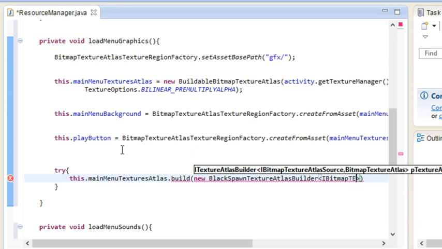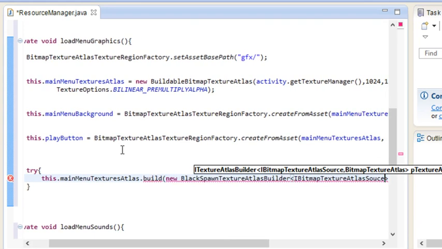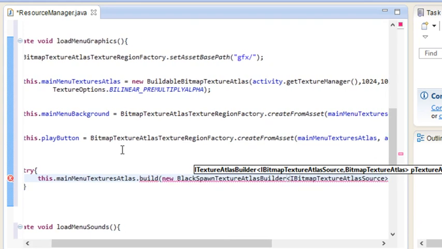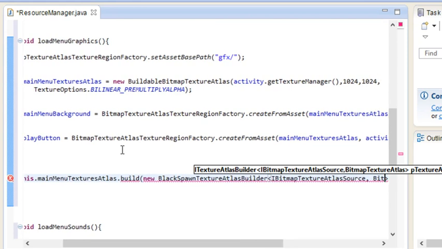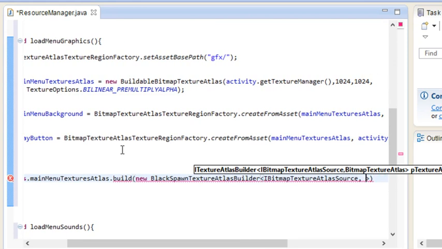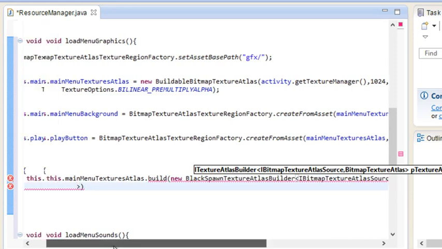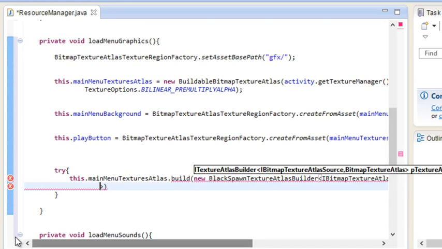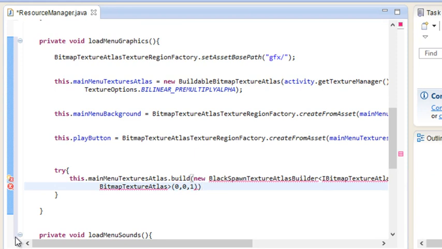and comma, this is going to be BitmapTextureAtlas. I'm getting kind of long here, so press enter to make a new line, and this is going to be the BitmapTextureAtlas, and it needs some parameters, so go outside of here and add some parentheses, and you're going to do 0, 0, 1, and you end it. Alright, and so we can go ahead and do a catch,